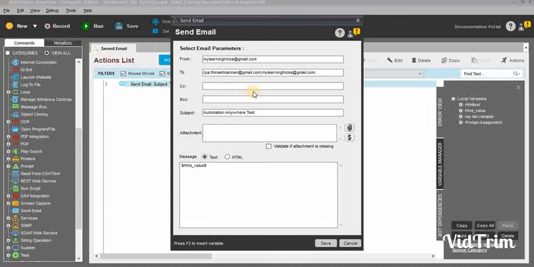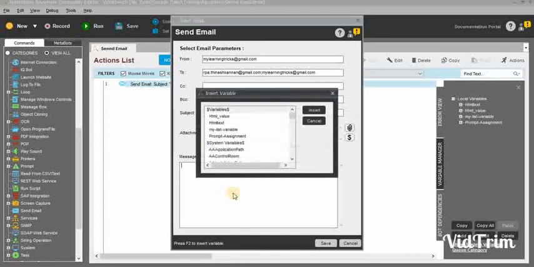In the CC address, if it's required you can add, and the BCC also. If required, you can add the CC and BCC values and everything. And in the body of the message you can add any kind of variables such as clipboard or system variable or user variables. Any variable you can add in the body of the message. Mostly we are using, if there are any errors, the error line number as well as error descriptions.